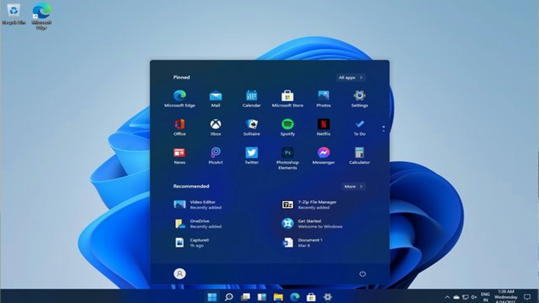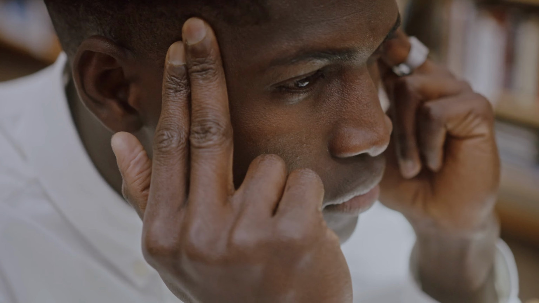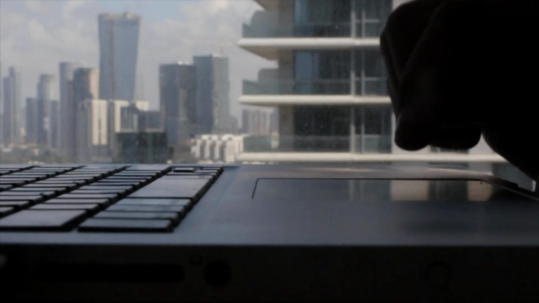So you just installed or upgraded your Windows to Windows 11, and now you're stuck with what to do next. So this video should improve your experience with Windows 11 by showing you what to do to get your PC